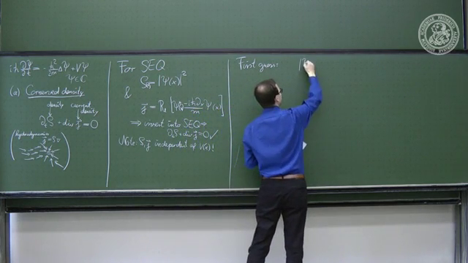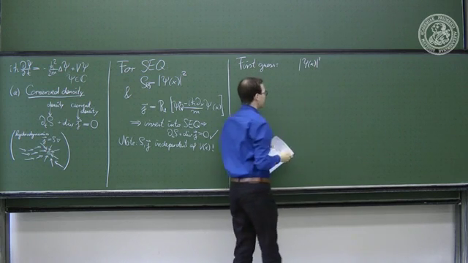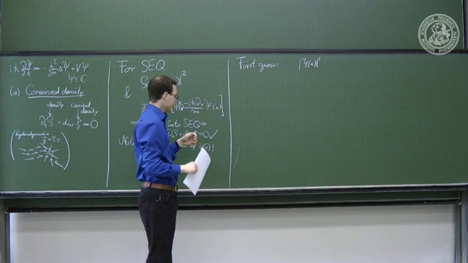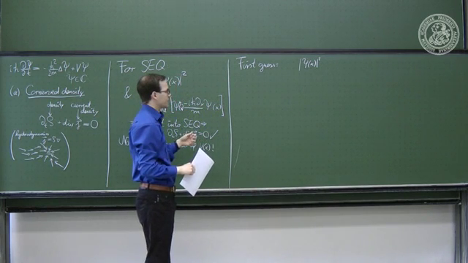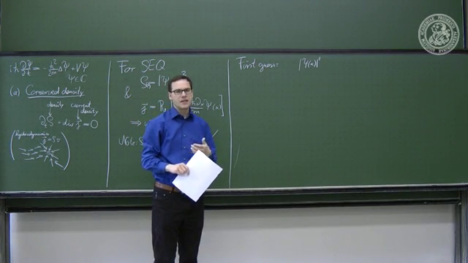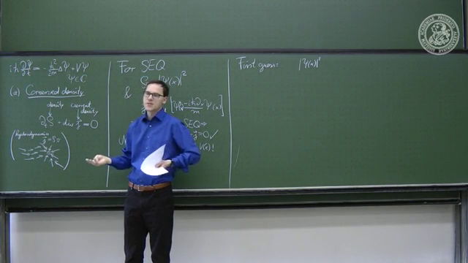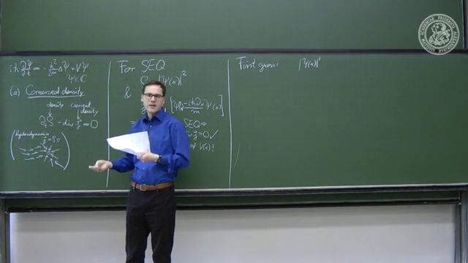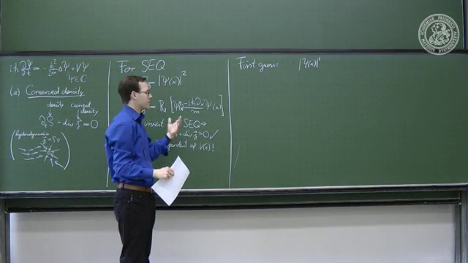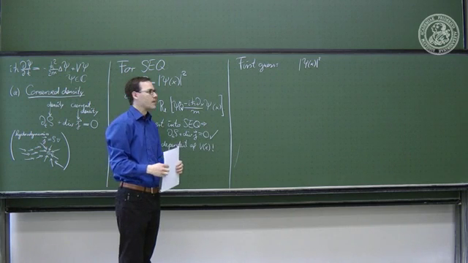So the first guess would be that psi squared has something to do with the charge density. Now, at this point we haven't yet said what are the dimensions of the wave function. And we can't tell because the Schrödinger equation is linear, so I could multiply the wave function by any number with any dimension. But it will turn out later that the normalization that we will use is one where psi